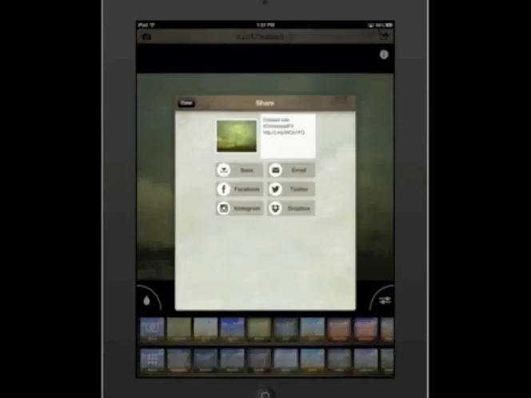The first one is a direct save to your camera roll on your phone or your iPad. There is direct upload to your Facebook, upload to Instagram. If you upload to Instagram, you will have to square crop the image in their program. You can email it to somebody, you can tweet about it on your Twitter, or save it to a Dropbox